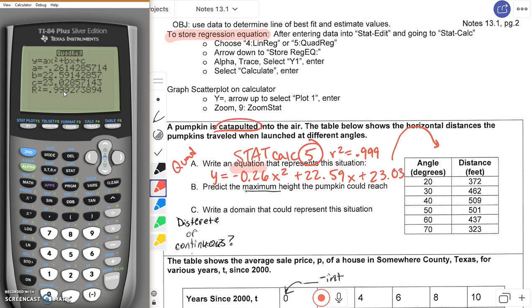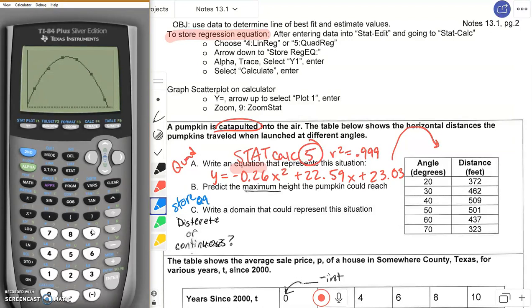Okay, now, if I want to make a prediction, I want this equation. And you know what I didn't do? I didn't store my equation. So I need to go back and I need to store that equation. So I'm going to go stat, calc 5. I'm going to go down to store equation, alpha, trace, have it on y equals for y1, enter, and there it is. So now when I go to y1, it's changed the equation that's in there. And I've got my plot turned on. So if I go to zoom 9, there are all of my points and my equation for my pumpkin,